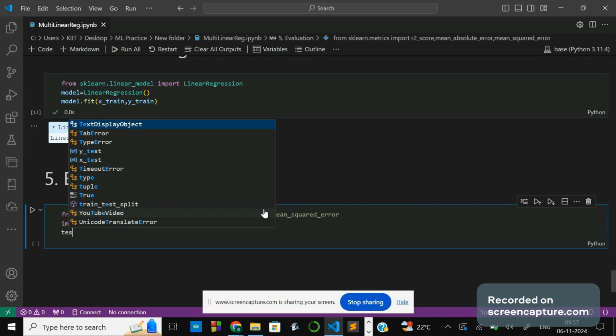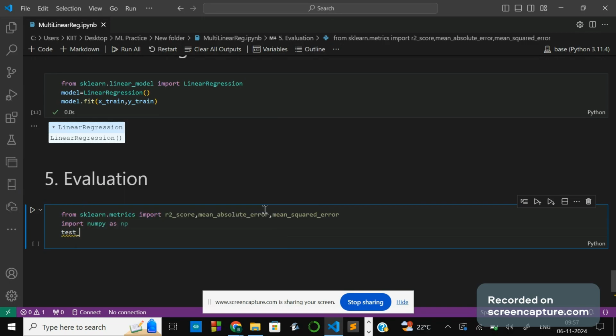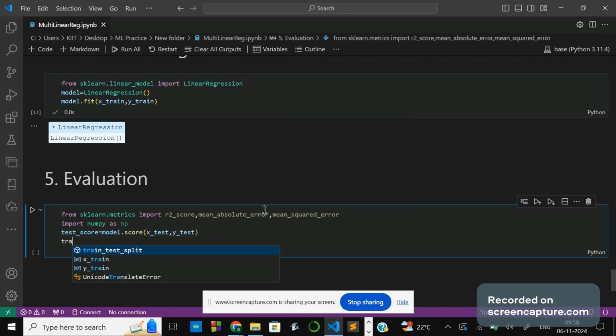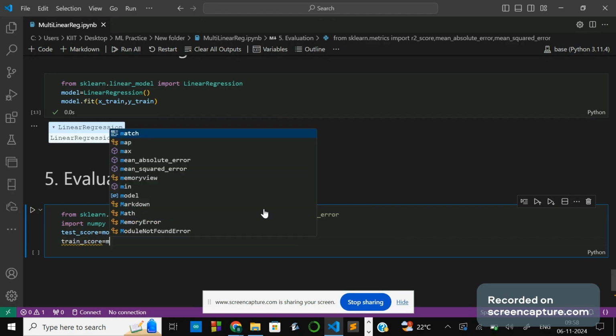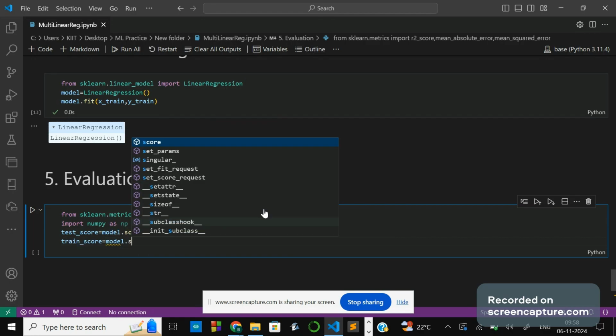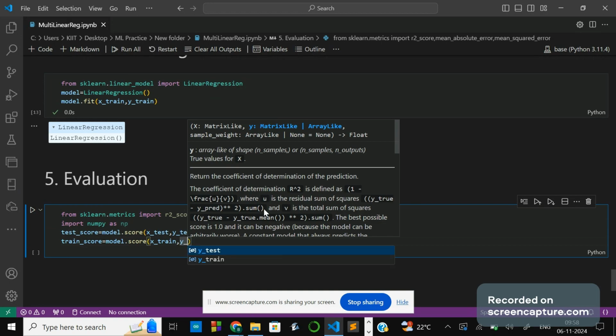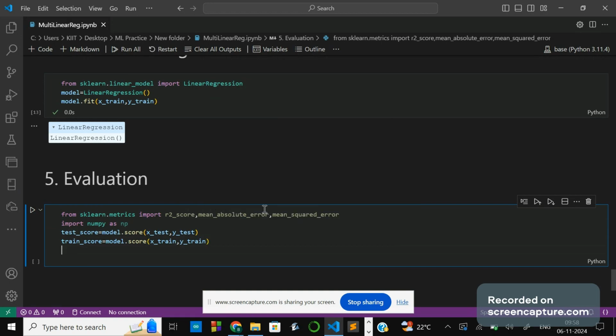So my test accuracy or score equals model.score(x_test, y_test), train score equals model.score(x_train, y_train),